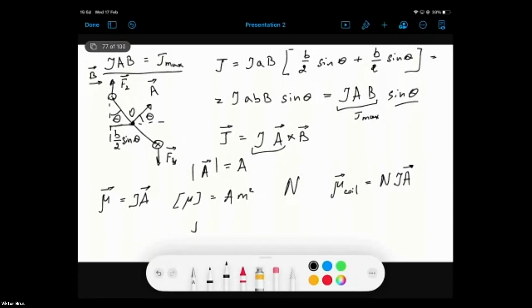And therefore we can express the torque exerted on this loop, or maybe also a coil which consists of many loops, as the product of two vectors: the magnetic dipole moment times the magnetic field vector. So in analogy to the electric dipole,